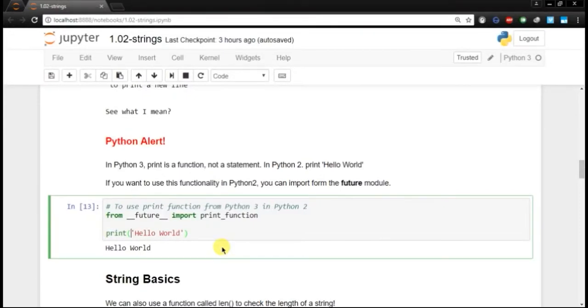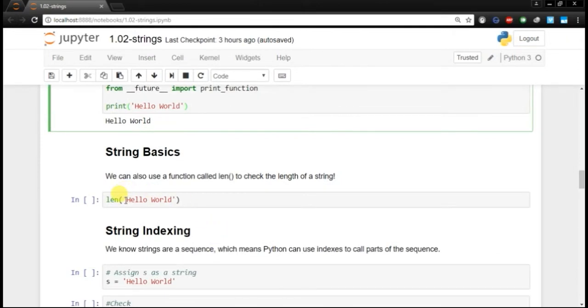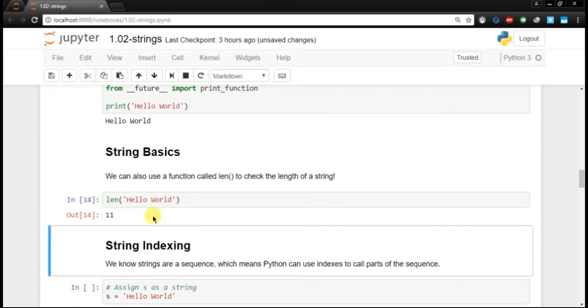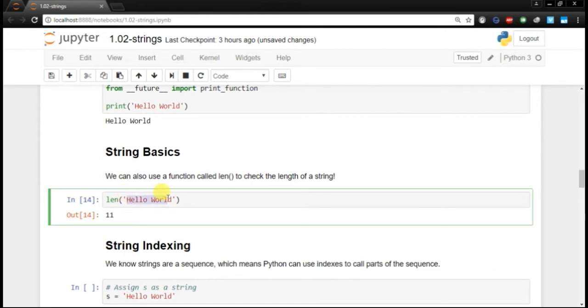So now let's look at how to use various operations on strings. We can count the length of the string by using the function called len and then parentheses. We have to pass the string in these parentheses, and by running it, the length of the string is shown